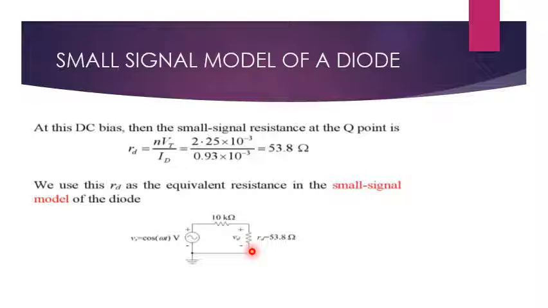Okay, right. Now what is your next step? You need to calculate the voltage drop across this resistor. This resistor is the replaced version of the diode. Clear? Right. Now I want to find out the voltage drop across this. If you want to find the voltage drop across this, what will you do? You will apply the voltage divider rule, because I have two resistances in series.